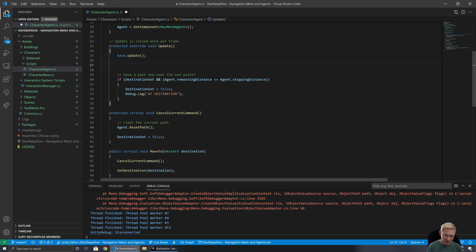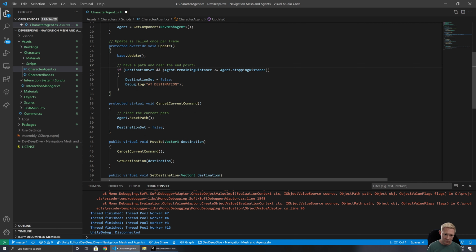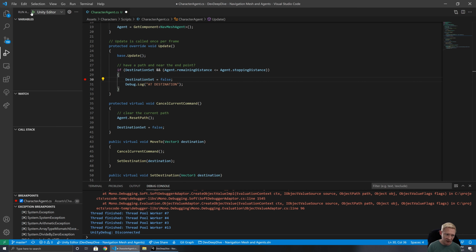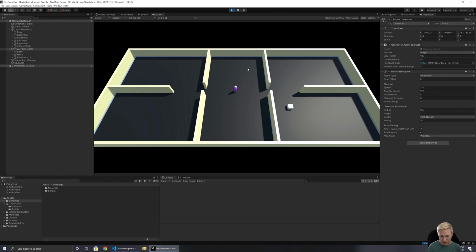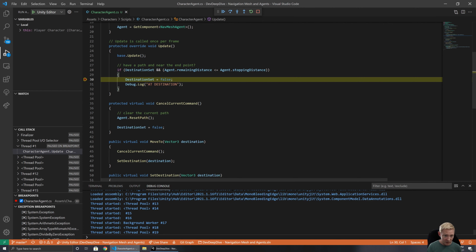We know that we've got that path coming through, and we can check and see what the status is of our Navmesh agent as we do this. So once we have this set up, we then issue the move command,